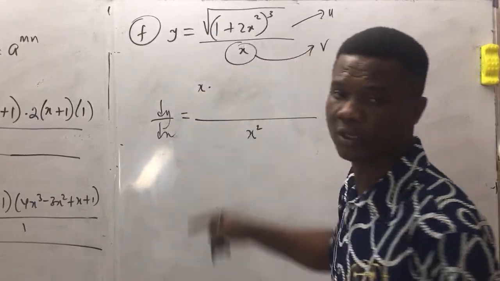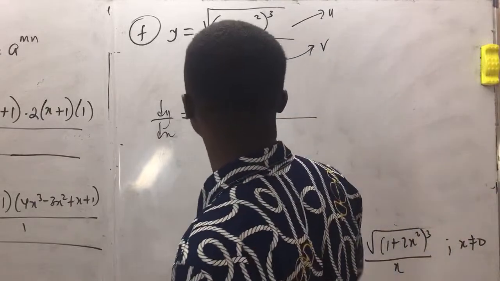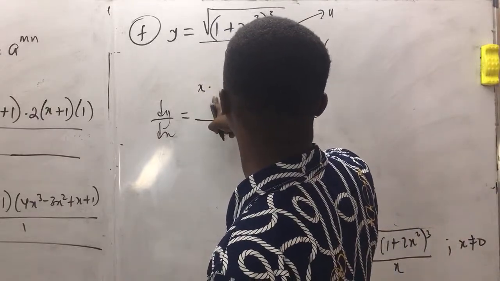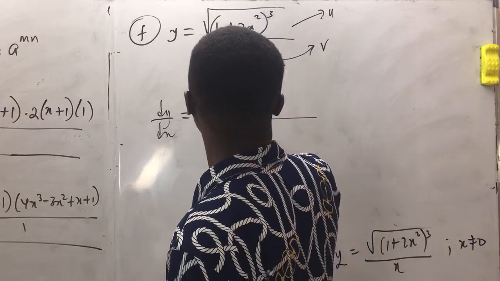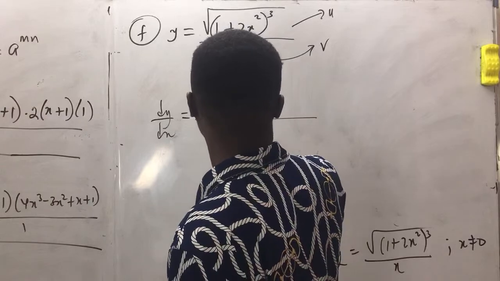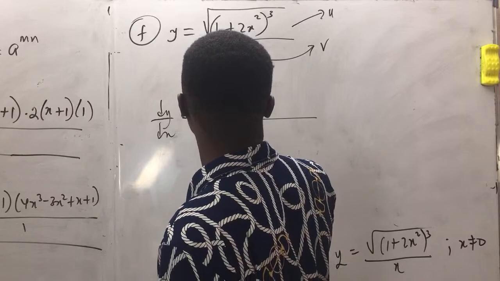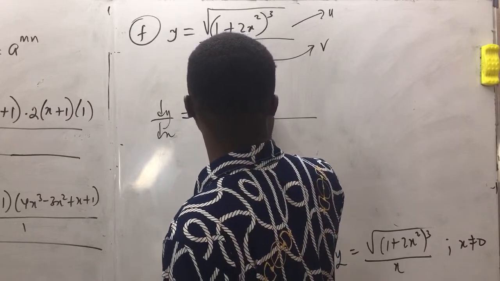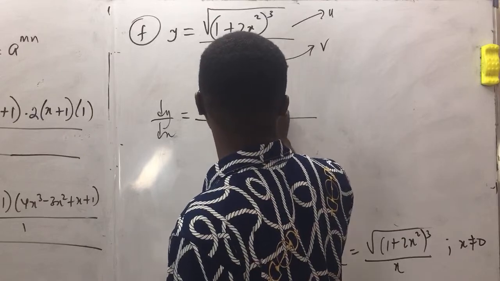I've kept my v constant. So I'm going to differentiate my u, the numerator. That will be 1 over 2 square root of 1 plus 2x squared, all raised to the